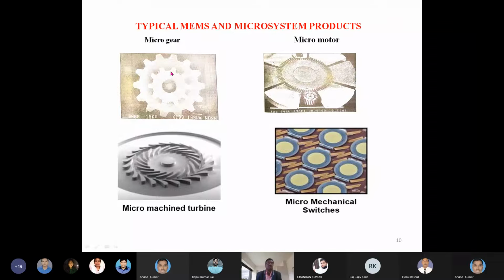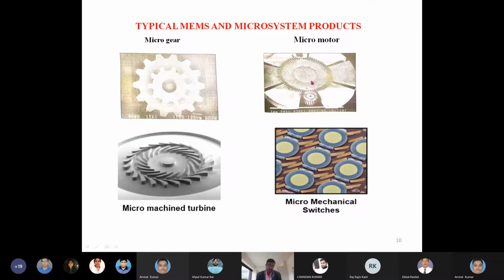These small gears are used as actuators in micromechanical systems, and are usually produced by the LIGA process. This is a sophisticated process by which such small gears become available. This is a micro motor, an electrostatically driven motor, which is also produced